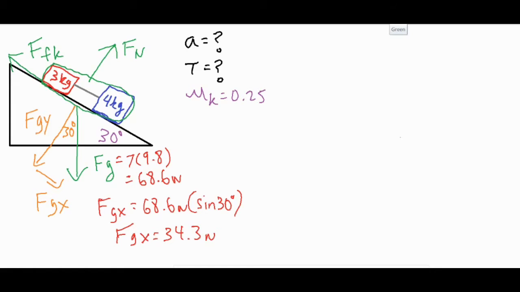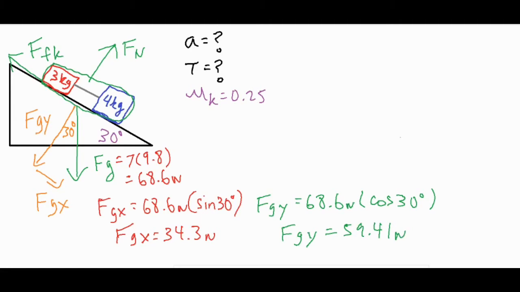We're going to go ahead and use the hypotenuse again, the 68.6, except we have the adjacent side to our 30-degree angle. So we're going to replace this sine with a cosine. So for the FGY, it's 68.6 times the cosine of 30 degrees,